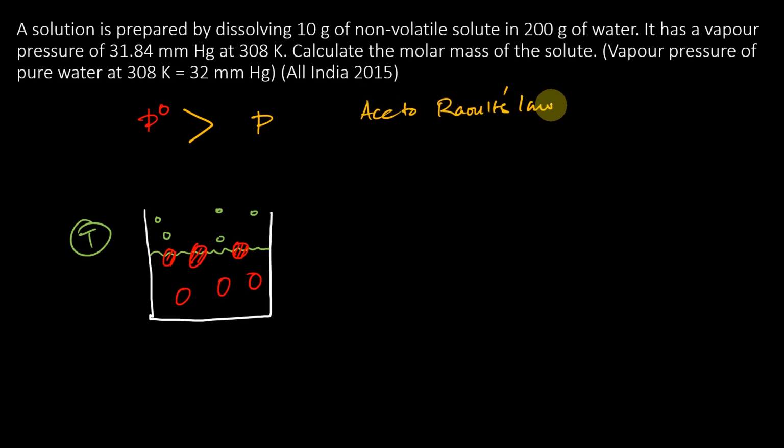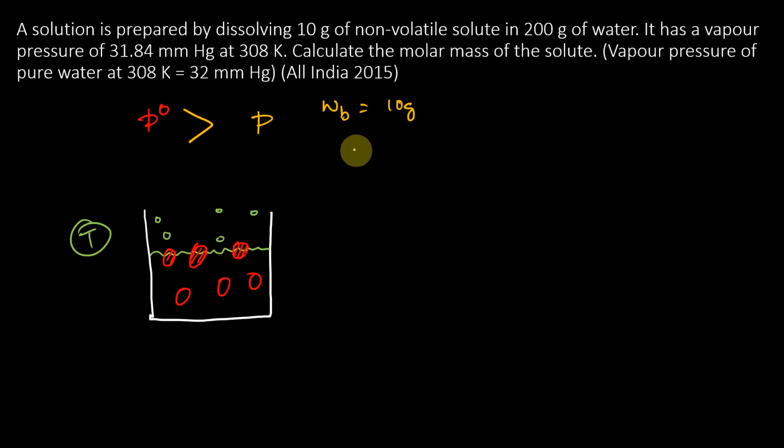Okay, do you want to know what information is available in the question? We'll write all the information that is given in the question, then we will proceed with the answer. So see what information there is. What is the weight of the solute? Solute is always represented by small b, so it is 10 gram.